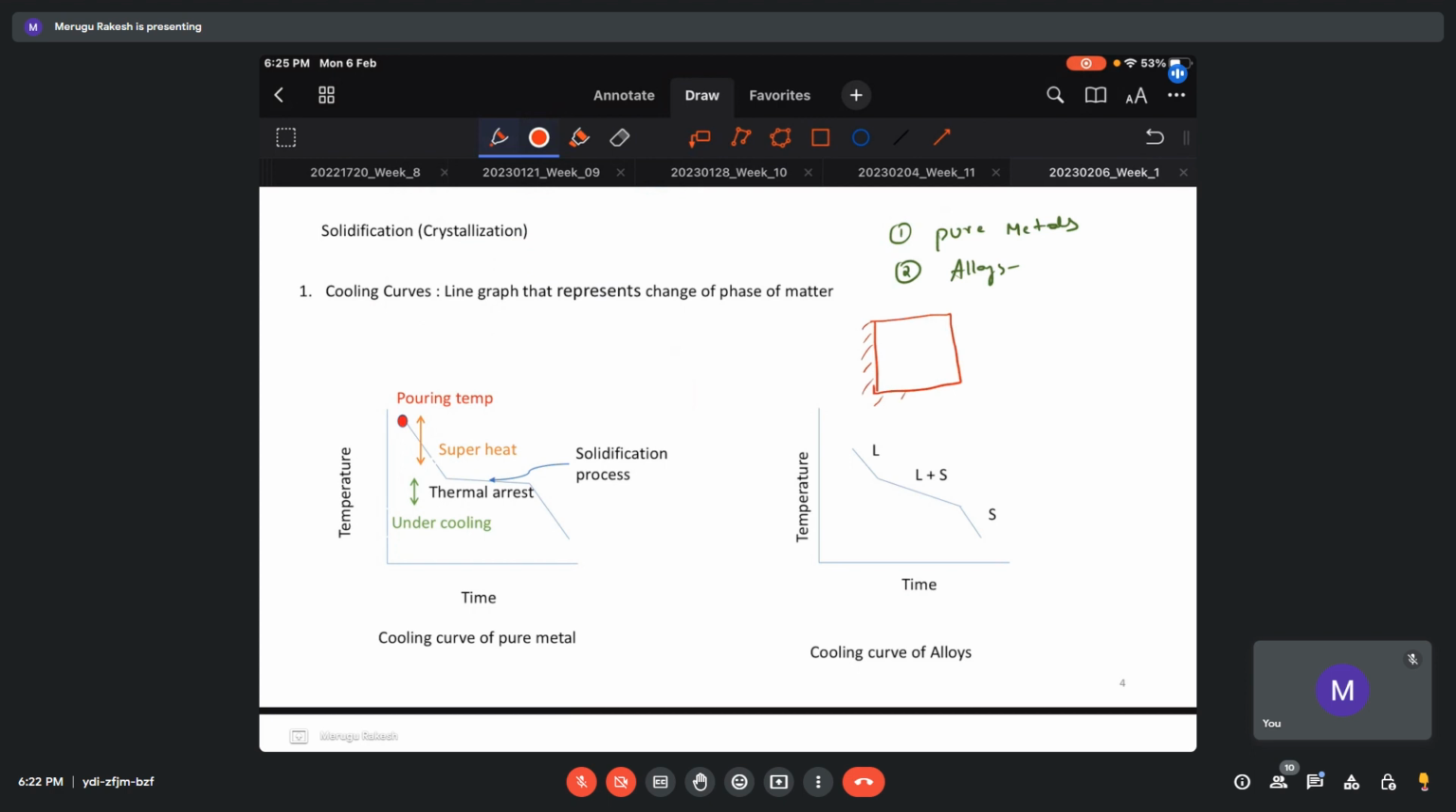So this hashing represents the sand, if I'm talking about sand casting. You can draw the heat from the solid at that border. So now